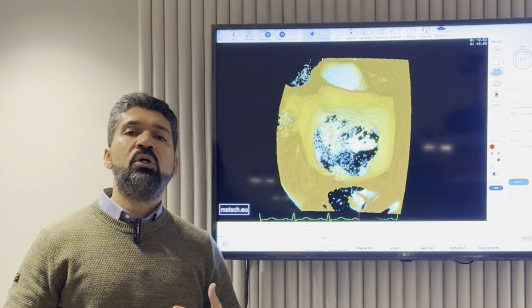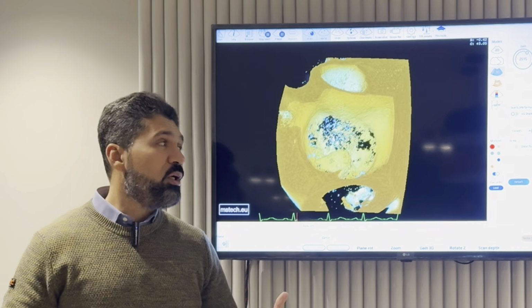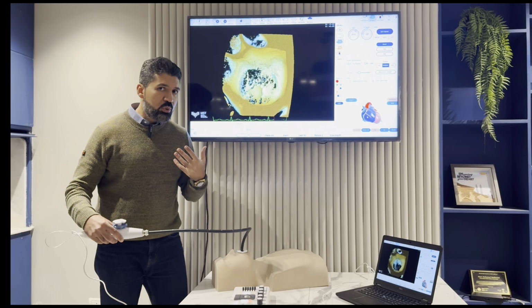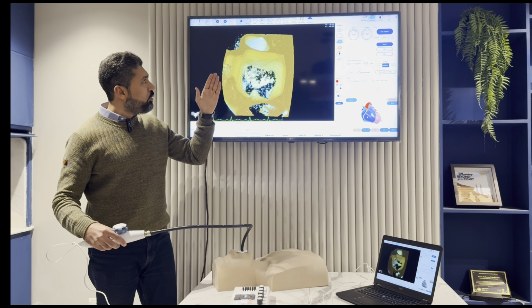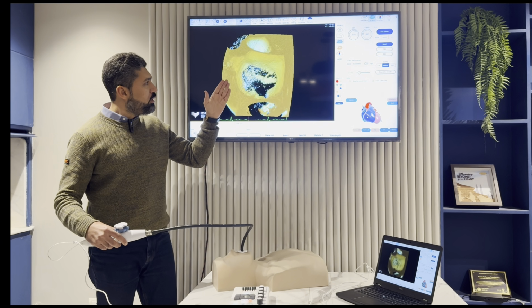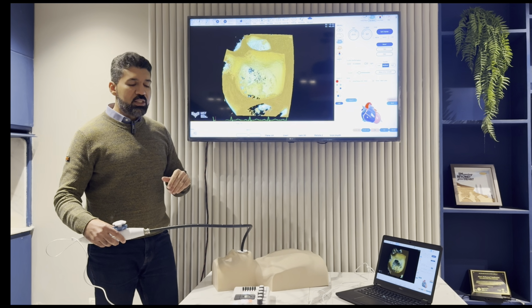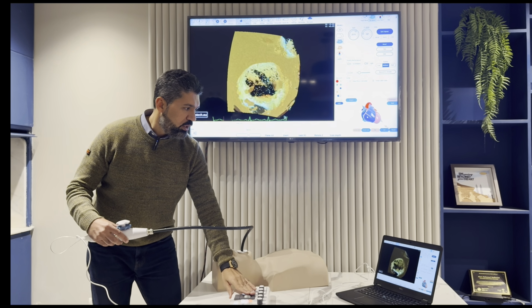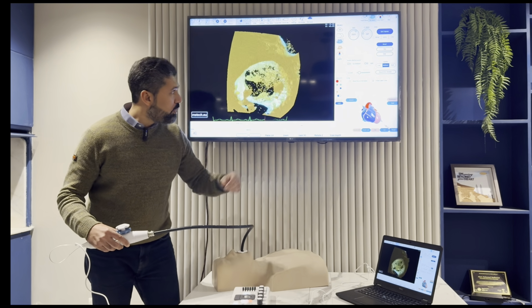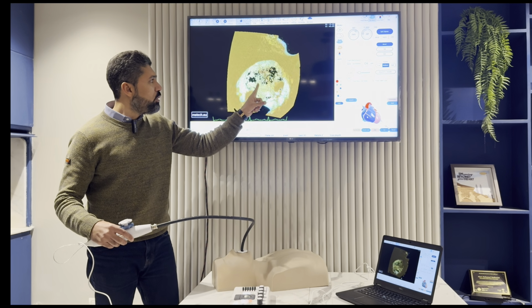And this is how you get the surgical view of the mitral valve. Surgical view because this is what the surgeon sees once they open the left atrium. So looking at the mitral valve from the left atrial aspect, if you rotate the image, you will be able to look at the mitral valve from the LV aspect, and here are the papillary muscles, anterior mitral leaflet and